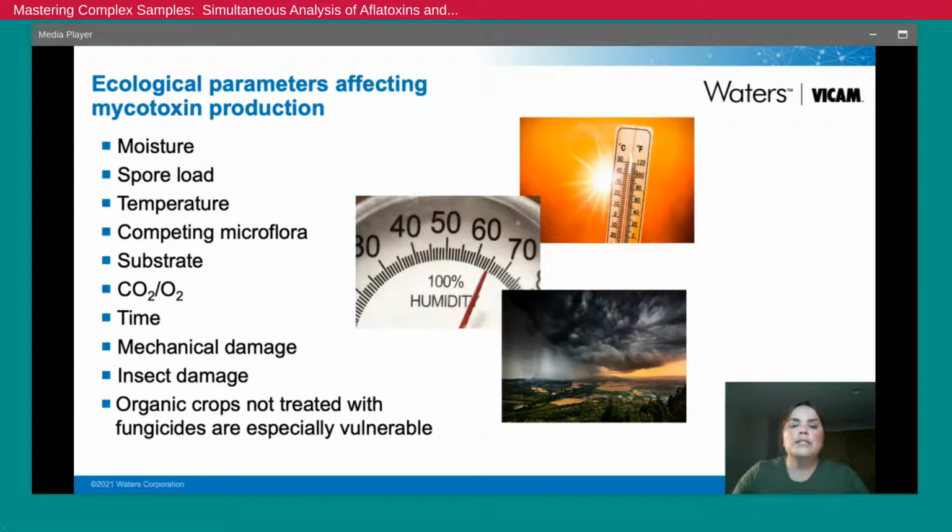One very interesting thing about mycotoxins is that they are not ubiquitous. You may find the mold in your commodity, wherever it may be, and not the toxin, or vice versa. The mold may have been eliminated, but the mycotoxin, while you can't see it, is still there. So why is that? Well, different ecological parameters or stressors affect mycotoxin production by the different fungal species mentioned earlier,